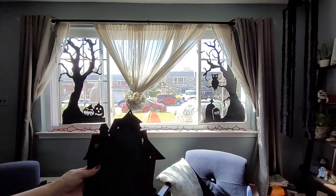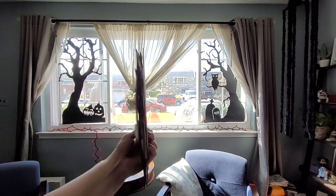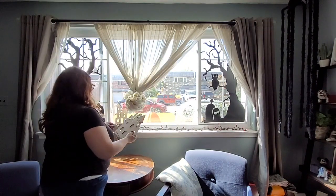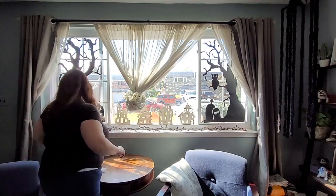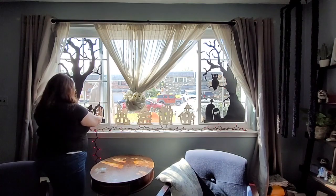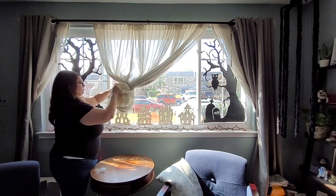Here's a quick close-up of the houses that I found at the Dollar Tree. We just spray painted one side of them black. You can see the back of them is just a wood finish. And we also have these all above our kitchen cabinets. However, there we had to do little stands for them with popsicle sticks just so we could get them to stand up. But in the window here, they just lay against the sill, and so far they've been pretty good. A couple of them fall here and there when I have a window open and it's breezy,